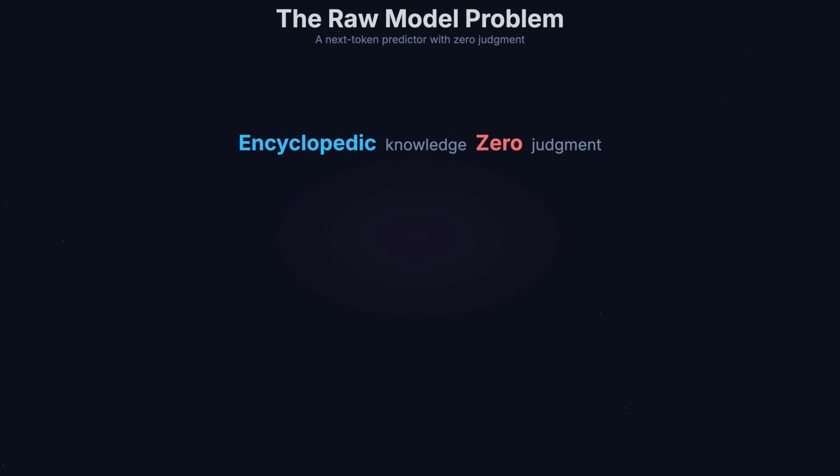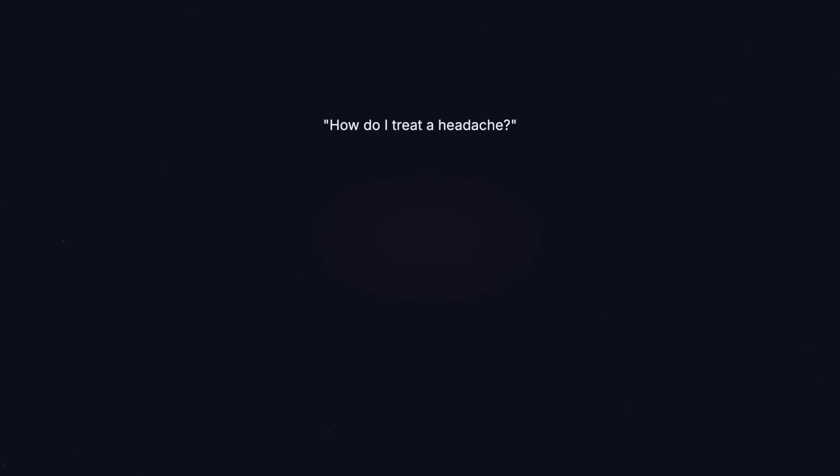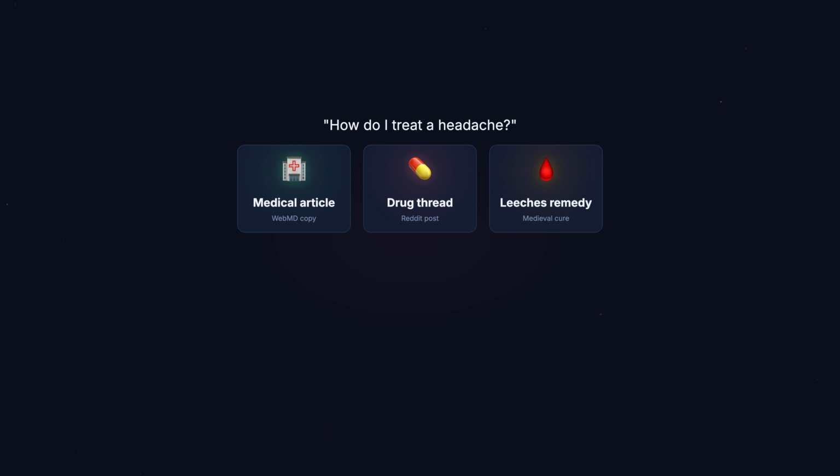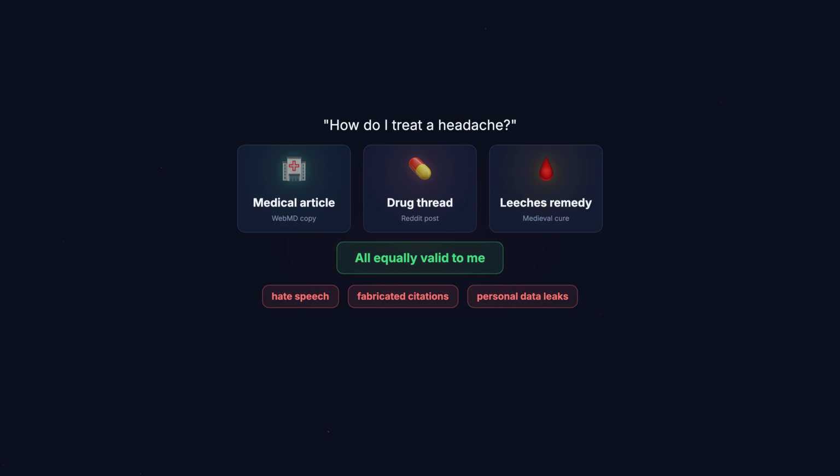Ask it how to treat a headache and it might autocomplete a medical article, a Reddit thread about drug abuse, or a medieval remedy involving leeches. It treats all of these as equally valid continuations. It will generate hate speech, fabricate citations, and leak personal data from its training set. Not because it's malicious, but because those patterns exist in the data and it has no mechanism to prefer one